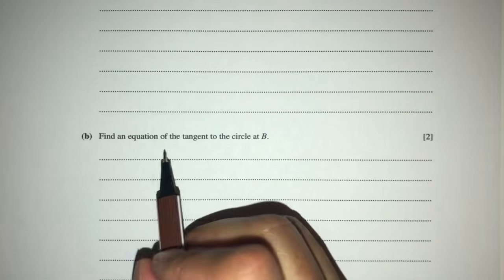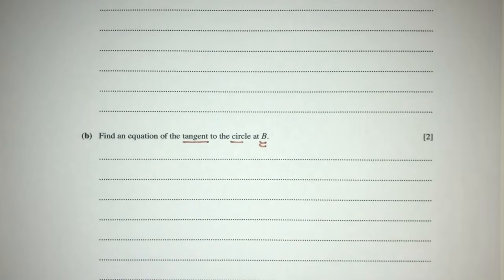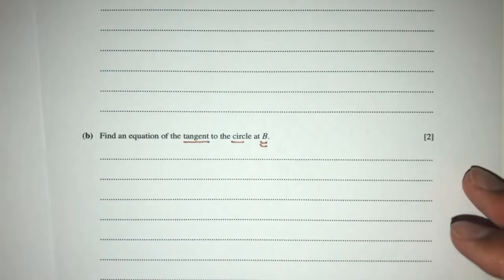Now let's move on to part B of the question. So here we have to find the what? Find the equation of the tangent to the circle at the point B. So right now we have what? We have